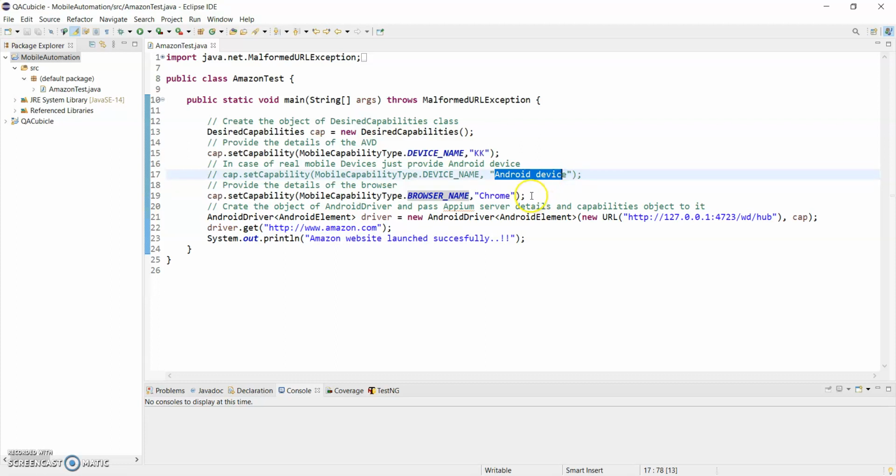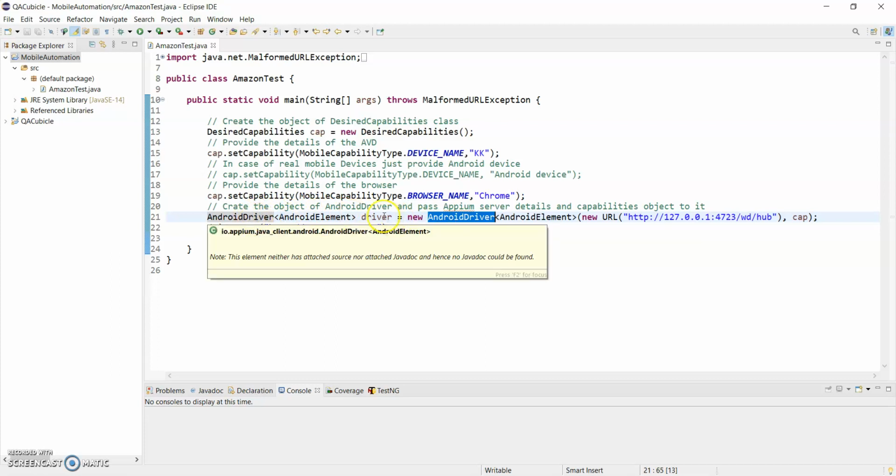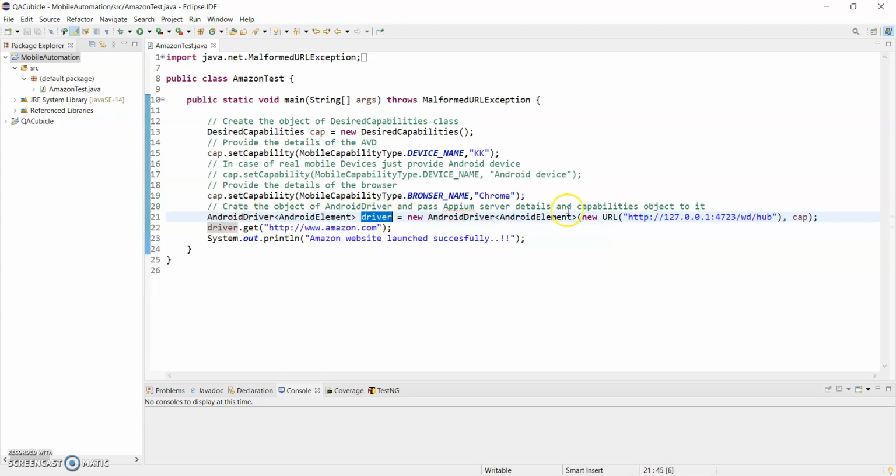So the point to remember is: if you are dealing with a real device, then use this Android device. If you are dealing with Android virtual devices, then we need to use this AVD name here. After that, we need to create an object of the Android driver here, as you can see I have created, and we need to pass the details of our APM server, along with the details of the capabilities.